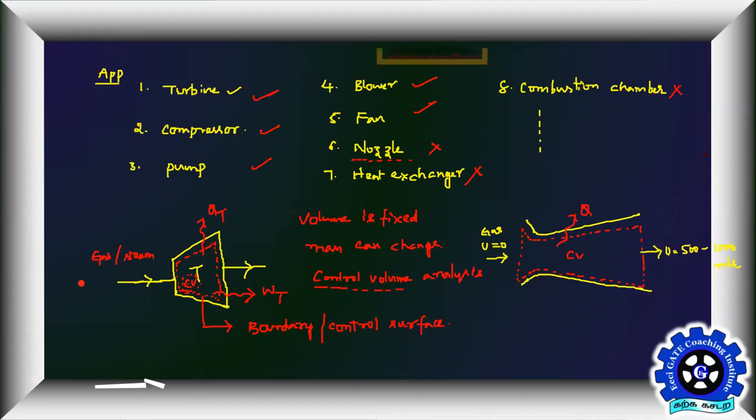You are not going to produce any work or supply any work in these because their purpose is different. The purpose of a heat exchanger or combustion chamber is to supply heat, that's it. You don't want to do any work in those applications. And the purpose of a nozzle is to increase velocity, to accelerate a fluid. So that's why there is no work interaction in these problems. Are you guys clear? Understood the examples of open systems? Like that you have many under open systems. That's why you spend more time on open systems, because of the large number of applications.